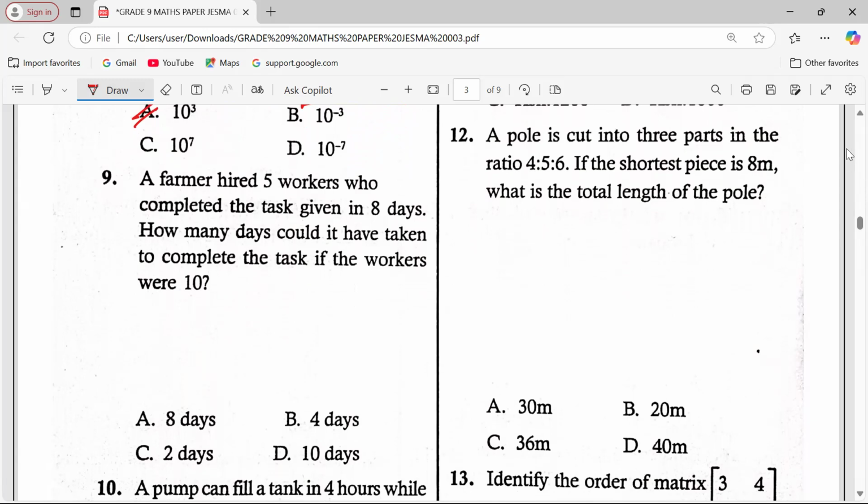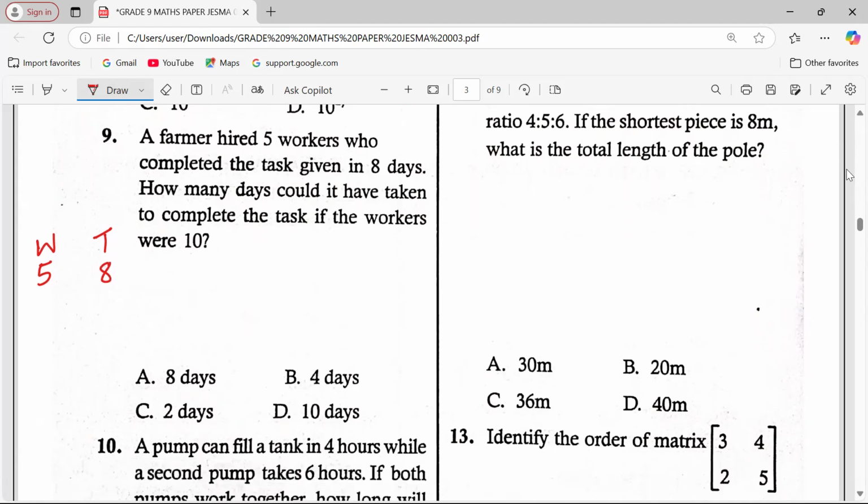time taken. So if we write workers here, then the time taken in days, we say 5 workers are taking 8 days. What about 10 workers? In other words, we are increasing the number of workers. Do we expect the time taken to complete the same piece of work to increase or decrease? Definitely, we would expect the number of days taken to go down as we increase the number of men to work this particular piece. Therefore, now we are going to work out 8 and